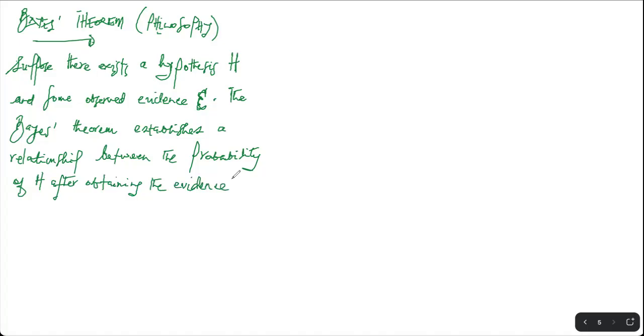Okay, the Bayes theorem establishes a relationship between this probability, and this probability is actually a conditional probability. The probability of the hypothesis after obtaining the evidence is the probability of H given E, right? So the Bayes principle establishes a relationship between this probability and